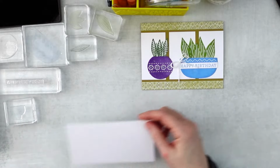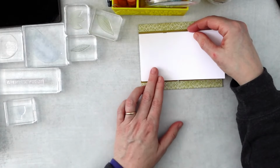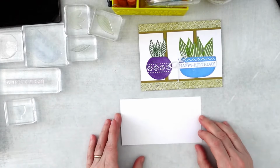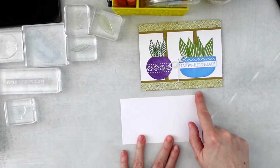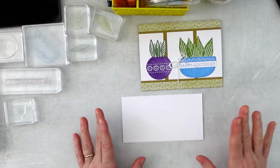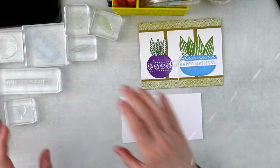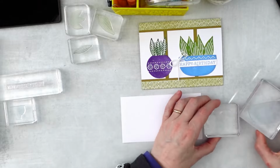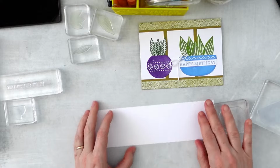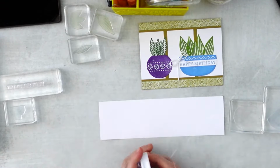Okay, we are going to take a piece, let me just make sure this is the right size. This piece is 5.5 by 3 inches. I think it's a 16th inch wider than this piece, but that's okay. It just needs to be roughly 5.5 by 3 inches. We're going to be stamping, not yet, sorry. We need to stamp some things first before we stamp on there. We're going to stamp this